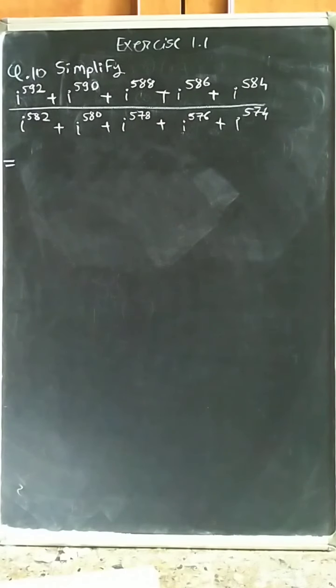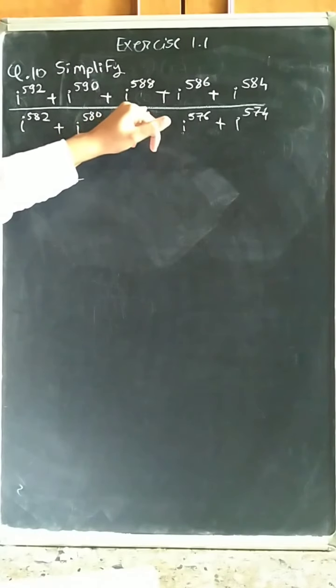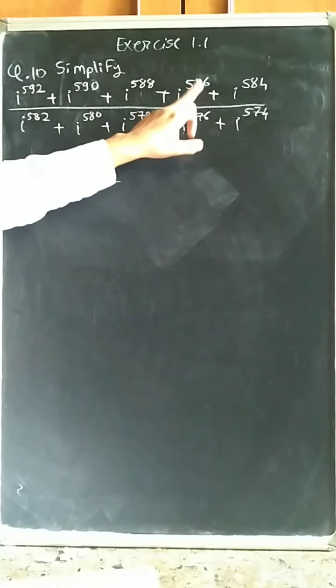Now we solve question number 10. Simplify this expression, this complex number: i raised to 592 plus i raised to 590 plus i raised to 588 plus i raised to 586 plus i raised to 584